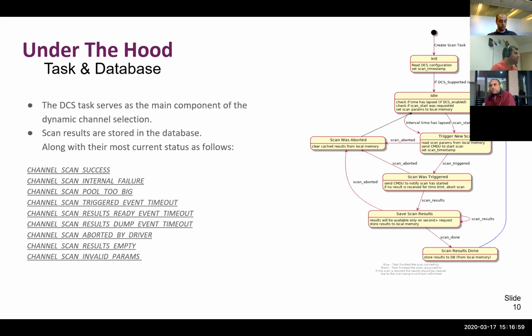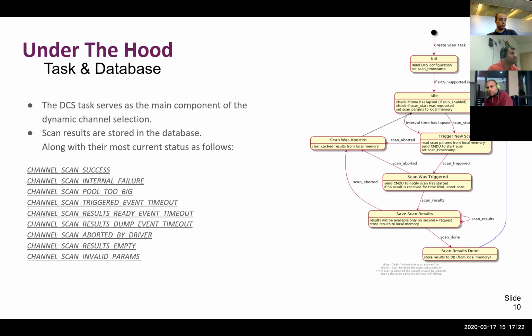You get a status. I will elaborate on that in a moment. You get a status that the scan is in progress, and the operation itself will fail with the status of scan in progress. Basically, because we don't allow two or more scans on the same radio, it will receive a